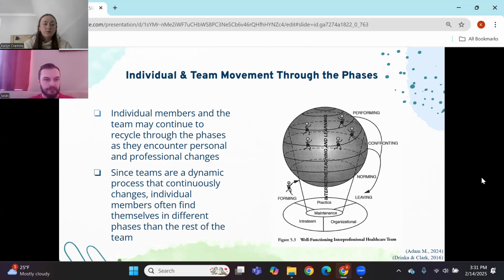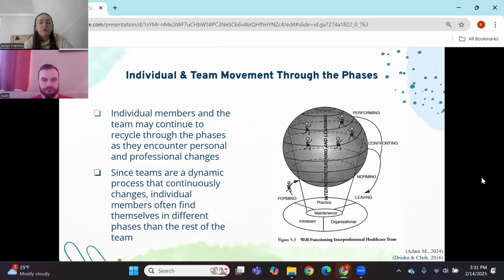So for example, someone who has been a long time member might not have an accurate understanding of their personal phase of development in comparison to the team because they might just perceive themselves to be exactly what the team is. But someone who is working part-time might be stuck in the forming or norming phase due to their reluctance to buy into being a part of the team.